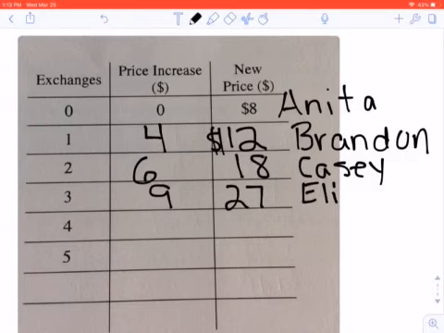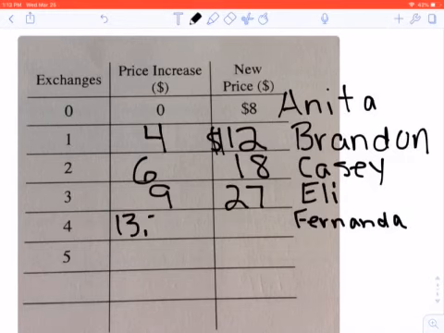Eli wants to make a 50% profit and sell it to Fernanda. You should be writing everything I'm writing. Half of $27 comes out as a decimal. It's $13.50. So she's going to pay a total of